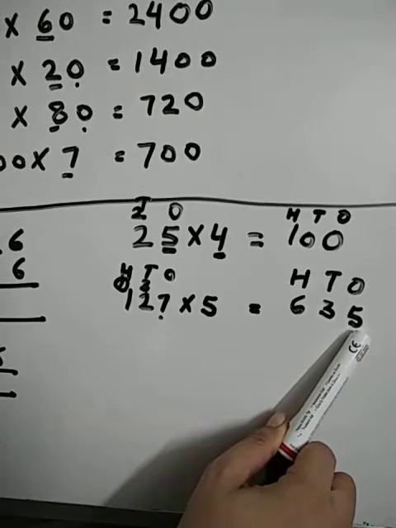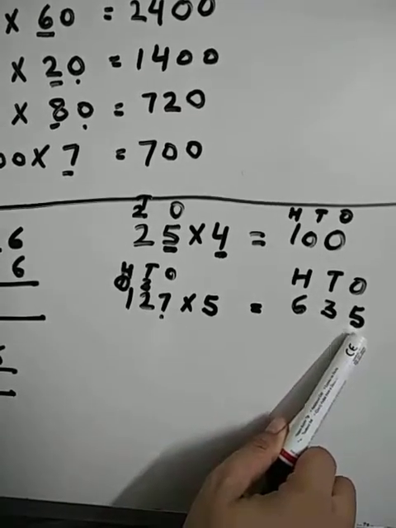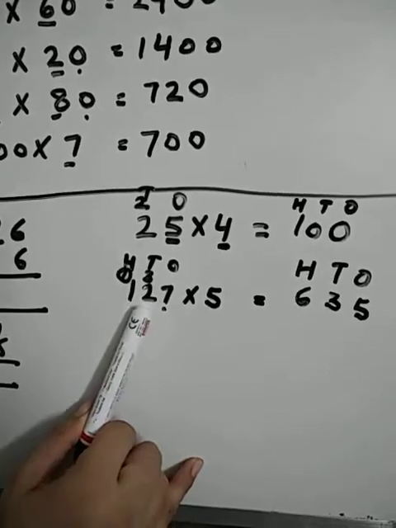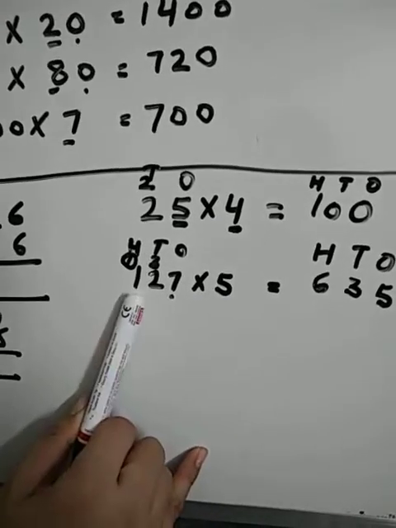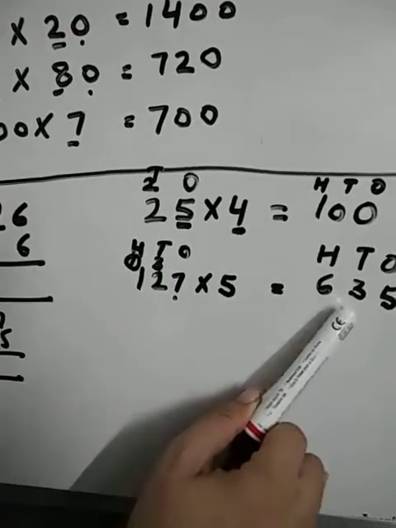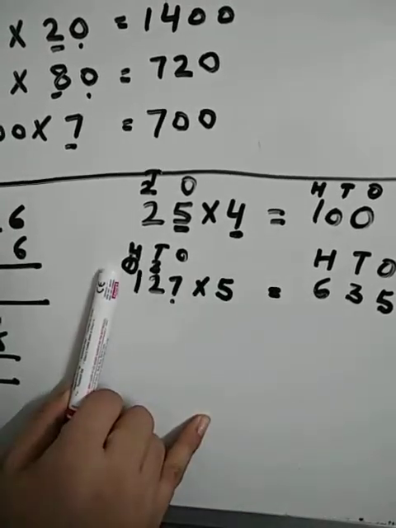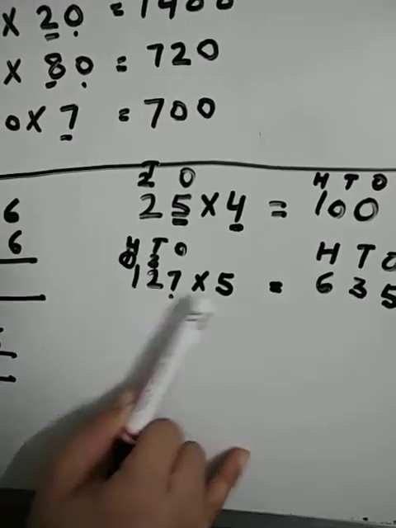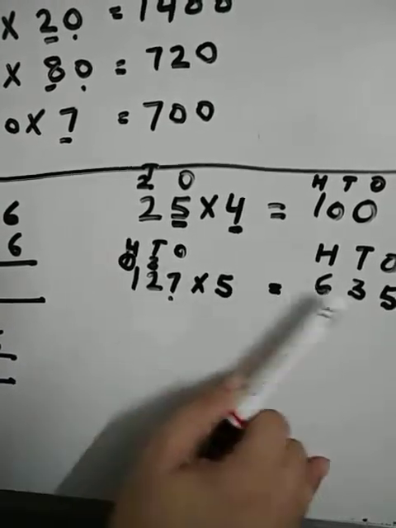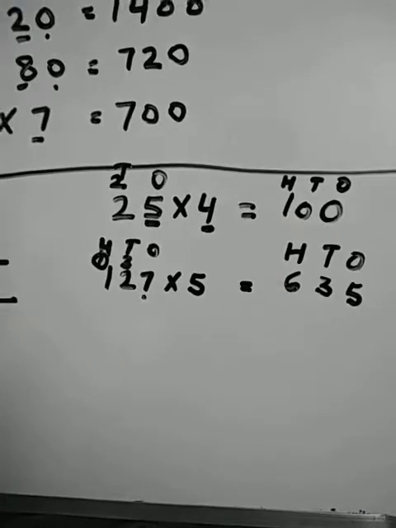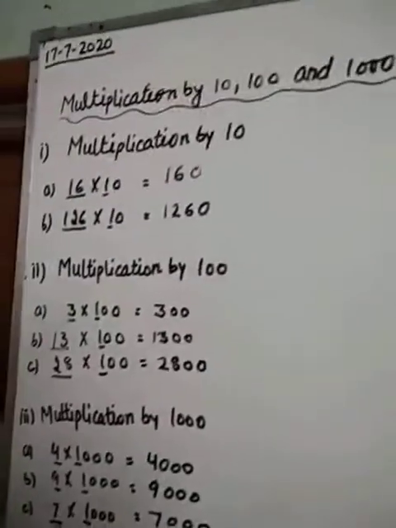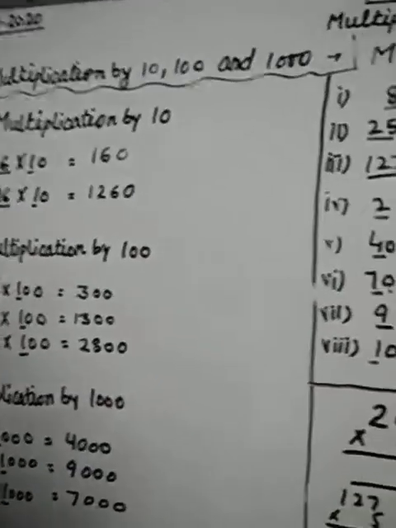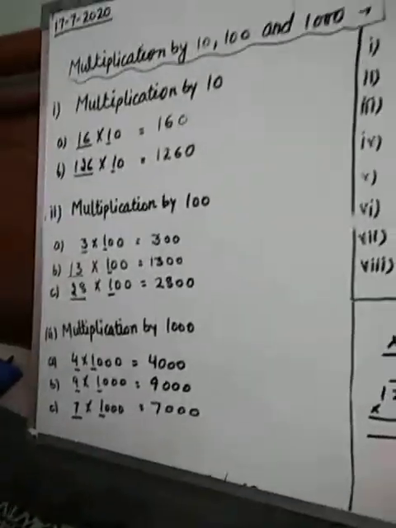Then what will be the number remaining left? You will write that number in the tens place. Then you will speak the table of 5 till 2. 5 2s are 10. 10 plus 3, 13. 3 here. 1 I will give to the next number, the hundreds place. Again I will speak the table of 5 till 1. 5 1s are 5 plus 1, 6. So by doing this, you can solve the sum easily. Then you don't need the calculation. So I hope you have understood today's method.